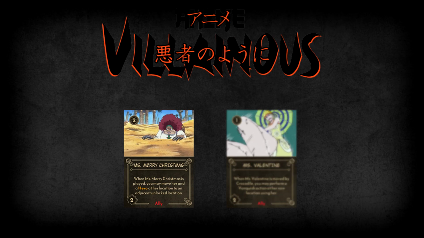Our last 2 allies are Miss Merry Christmas and Miss Valentine. Miss Merry Christmas is similar to Miss Golden Week, as when she's played you get to move a hero at her location to an adjacent location, along with Miss Merry Christmas. A bit different from Miss Golden Week, who just allows you to move a hero anywhere, but Miss Merry Christmas